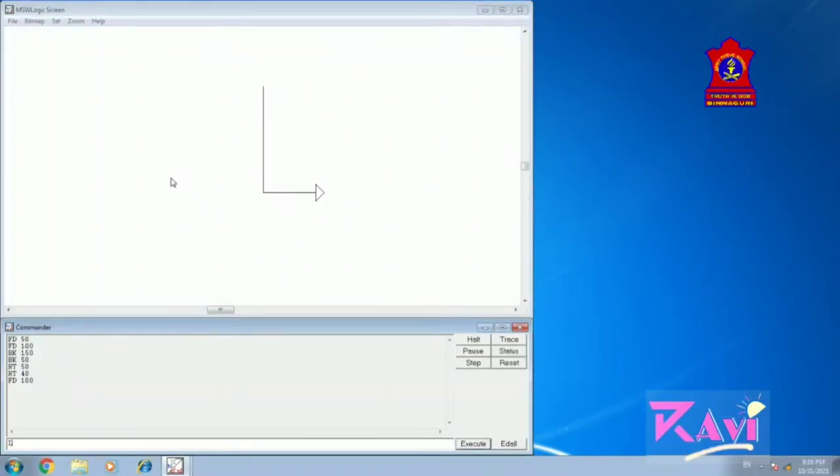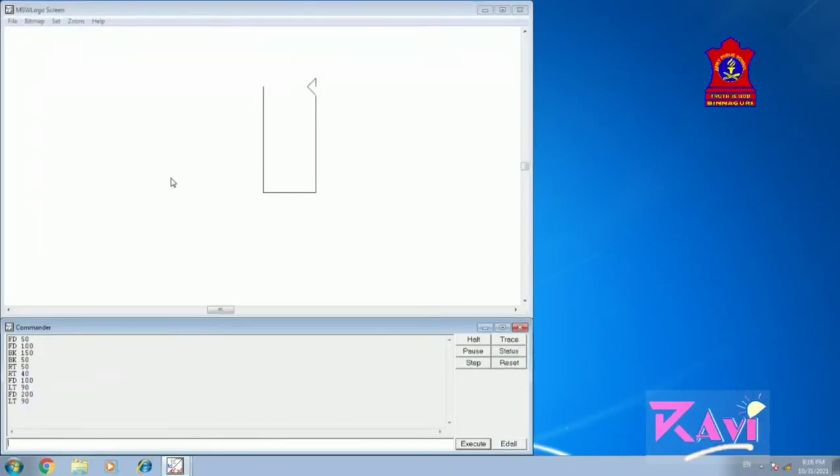I type LT space 90 degrees, Enter. In total we had this line as 100, 50 and 50, that is 200. So I type FD space 200 and press Enter, and see where my turtle goes. Now again we use the LT command. Type LT space 90, press Enter, and it turns 90 degrees.